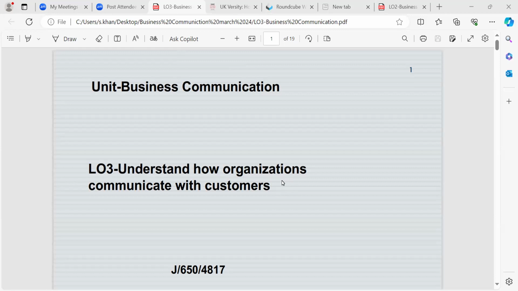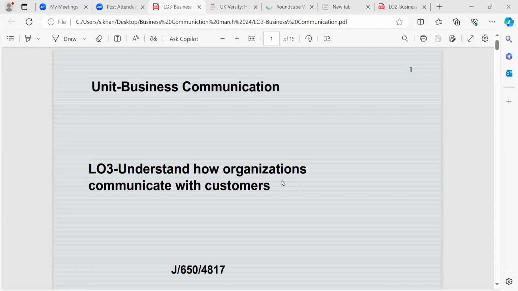Also, we looked at why written communication is so critical in a business, and how it is important in trying to sell your brand, get your brand across to professionals, and identify any issues by getting feedback from people. It could be customers, colleagues, or friends. We looked at why effective communication is so important in regards to a business, and why it's so important to use clear and concise language as well. Now we're going to move on to learning outcome 3, which is looking at